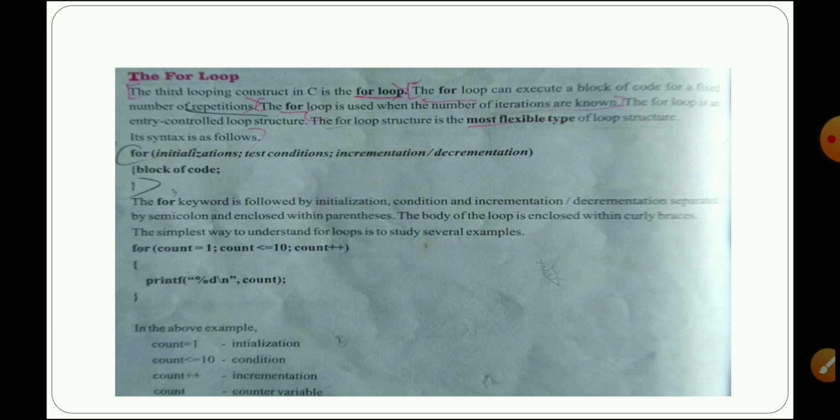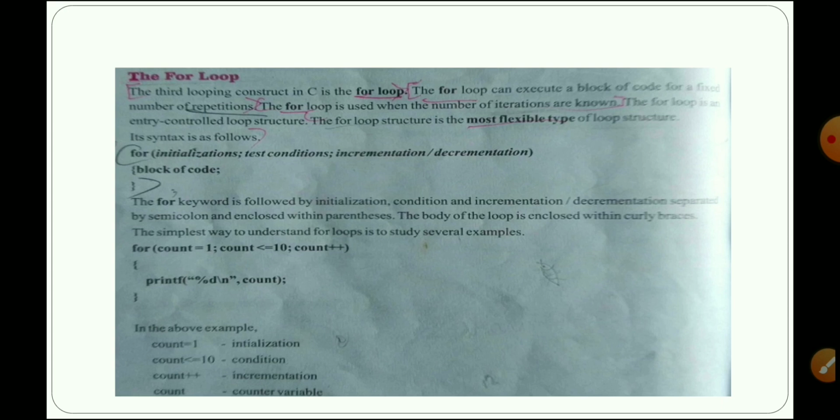Now 1 less than or equal to 10 is true, so the block of code will execute. Only after that comes incrementation or decrementation, either one. Incrementation and decrementation we discussed in chapter 10 itself.